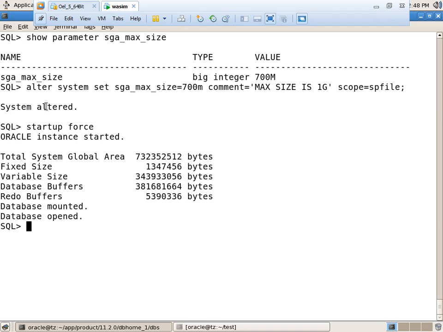How can we check the comment? See, here one view is there, v$spparameter in your handouts. Through this view, under this view, one column is there. Okay.